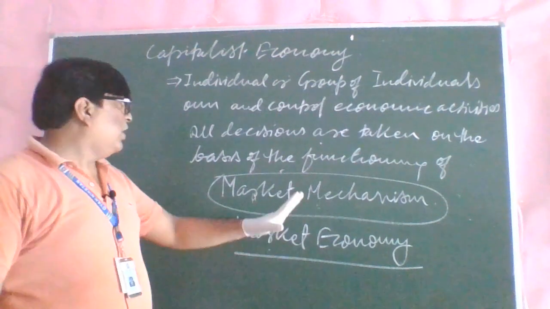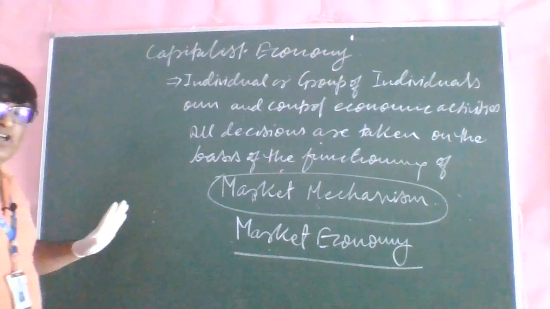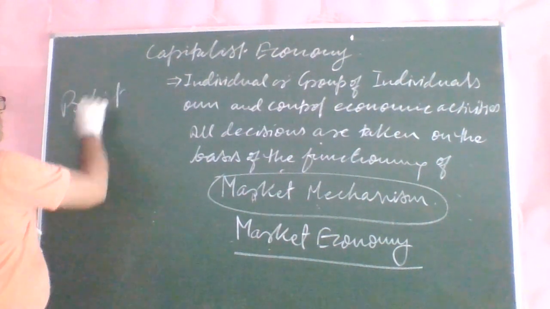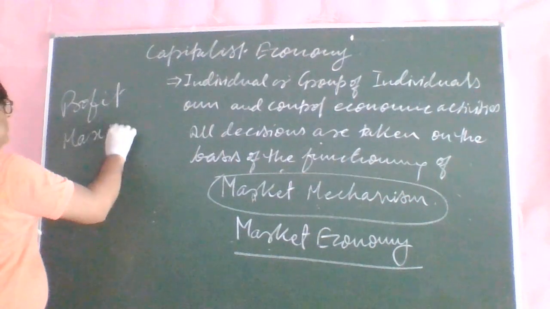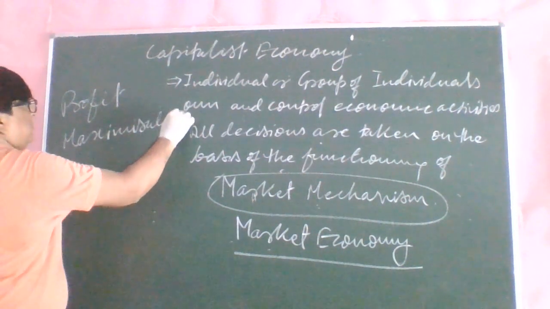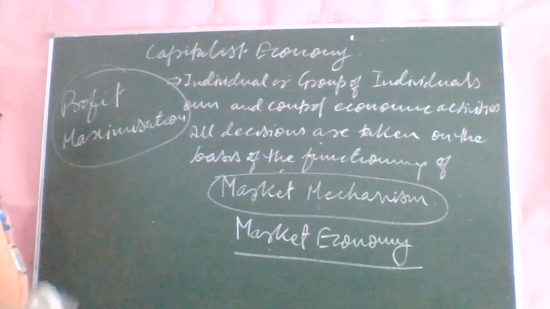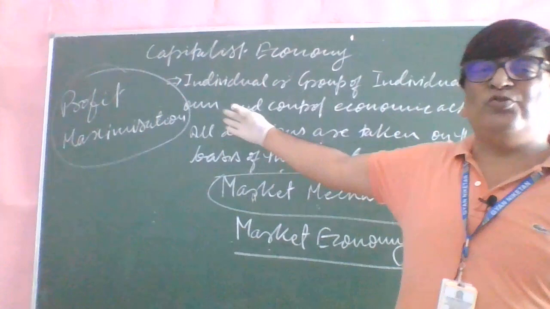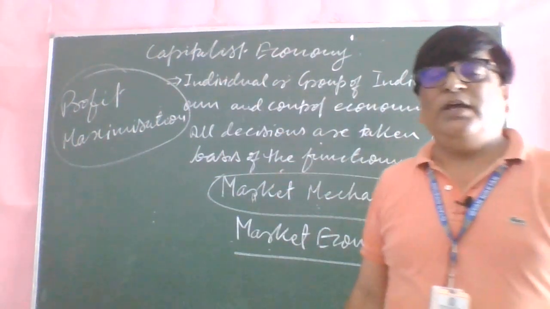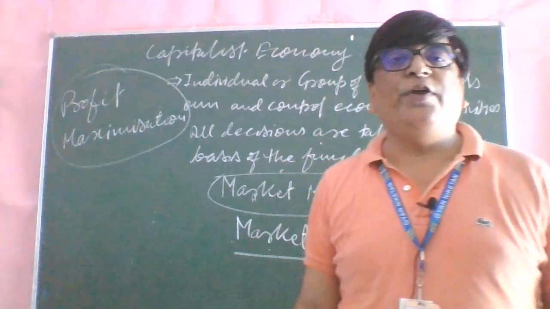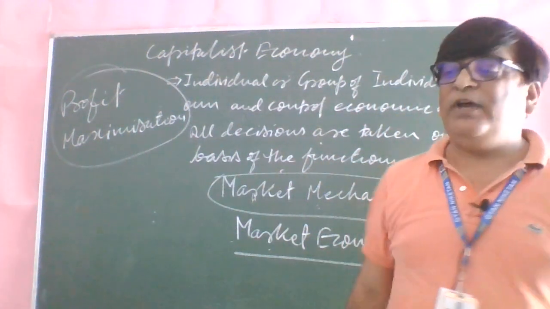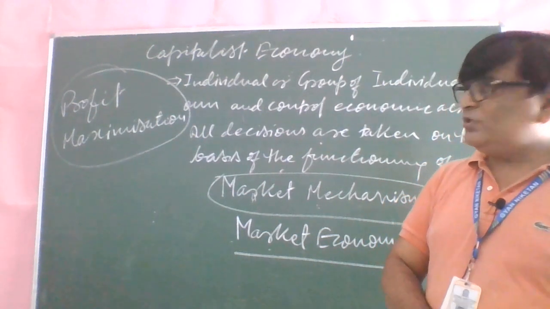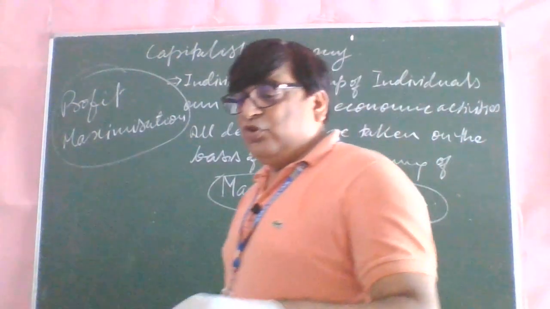Okay, और इसका ऑब्जेक्टिव क्या है? इस कैपिटलिस्ट इकोनॉमी का ऑब्जेक्टिव क्या है? तो प्रॉफिट मैक्सिमाइजेशन इज द ऑब्जेक्टिव ऑफ कैपिटलिस्ट इकोनॉमी। इसको मतलब नहीं है सोशल वेलफेयर से, इसको मतलब है कैसे ज्यादा से ज्यादा प्रॉफिट हम अर्न करें, इससे मतलब है कैपिटलिस्ट इकोनॉमी। ओके, सो दिस इज कैपिटलिस्ट इकोनॉमी एंड सोशलिस्ट इकोनॉमी।